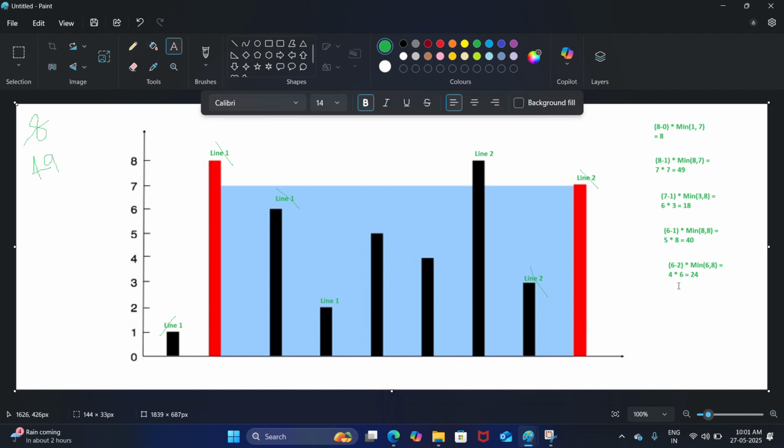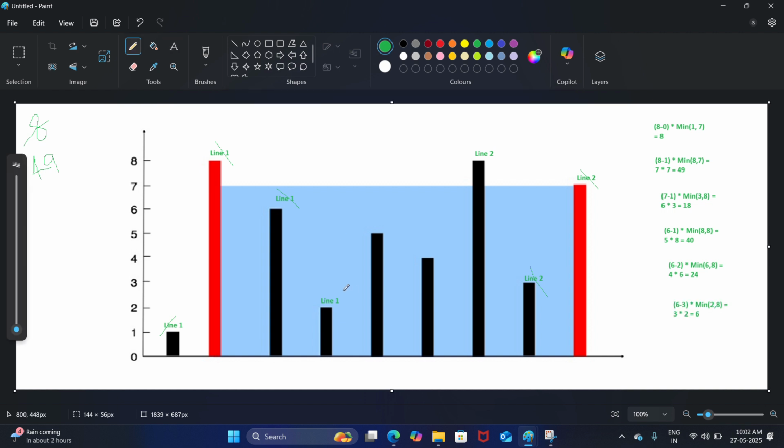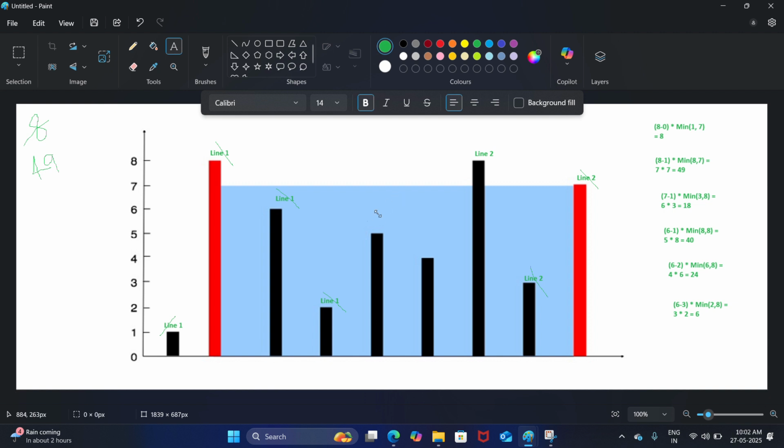So now again 6 minus 3 into minimum of 2 comma 8. 2 comma 8 gives me 3 into 2, which is 6. It's not a better answer, right? Because I've already kept 49. So since this is smaller, I will be moving this line. So now this time this will be my line 1,